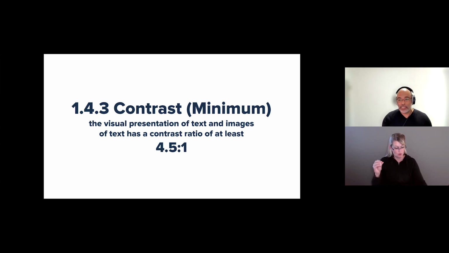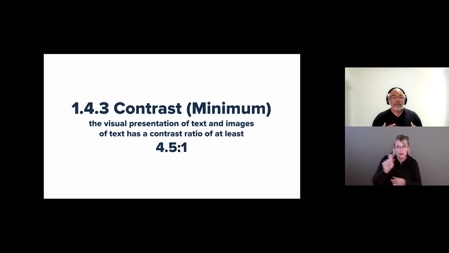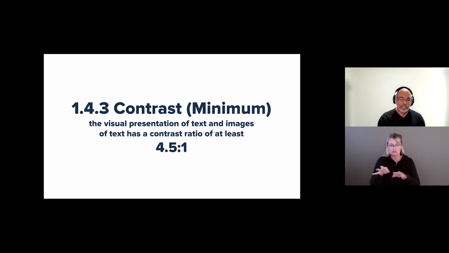We have two contrasts that we can target. The first one is 4.5 to 1. The other is 3 to 1. To avoid confusion, a lot of times I just instruct my designers and my developers, aim for 4.5. Yes, we know that there are some aspects of the UI that can be 3 to 1, but it just adds confusion, especially when you're new to the project or when people are still just trying to catch up to what's going on.